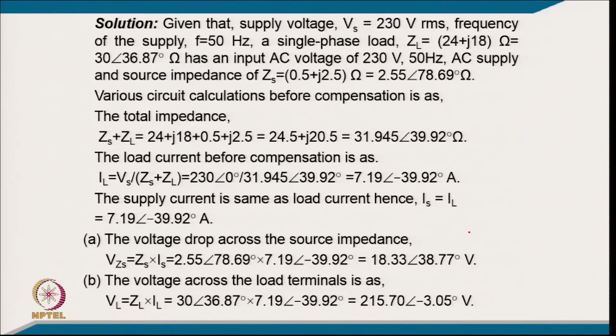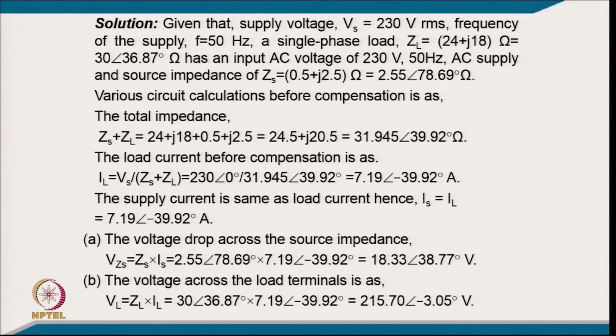So, coming to the numerical part of it, given that supply voltage Vs is 230 volt RMS and frequency of supply is 50 hertz, a single phase load of ZL equal to 24 plus j18 ohm, that is 30 at the angle of 36.87, has an input voltage of 230 volt 50 hertz AC supply, and source impedance of ZS equal to 0.5 plus j2.5, that is 2.55 at the angle of 78.69 degree ohm. Now the circuit calculation before compensation: the total impedance is ZS plus ZL, and that comes around